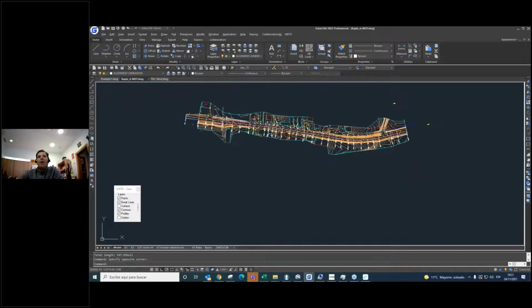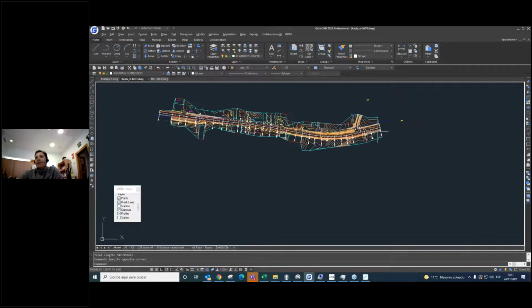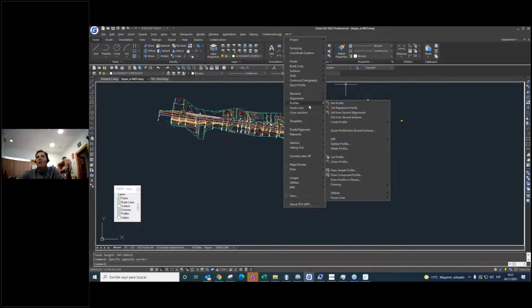So right now I'm going to create a profile of this. For example, MDT, profile, get profile. In this step, it's very important to say that we have a lot of commands that allow us to get several profiles from several alignments or even several surfaces at the same time, with only one click.